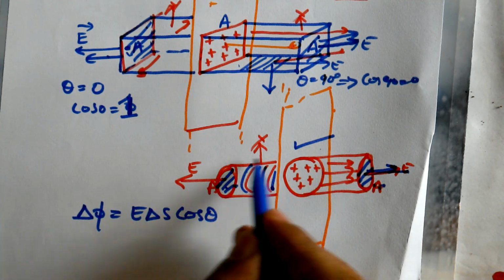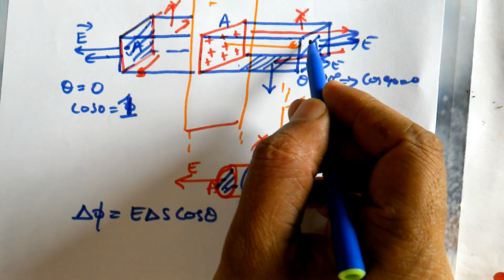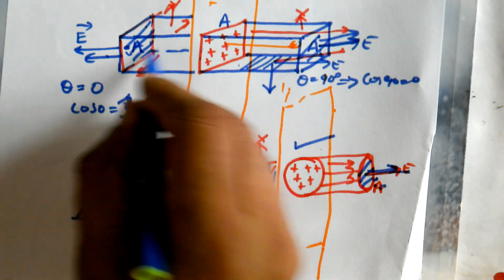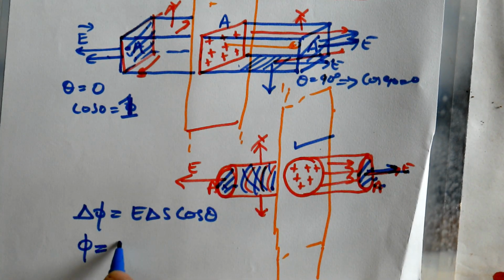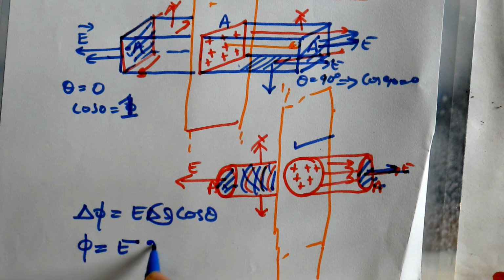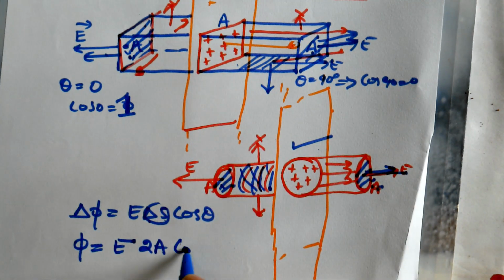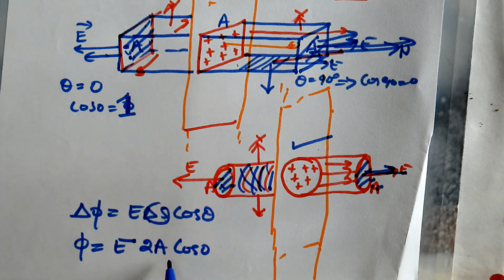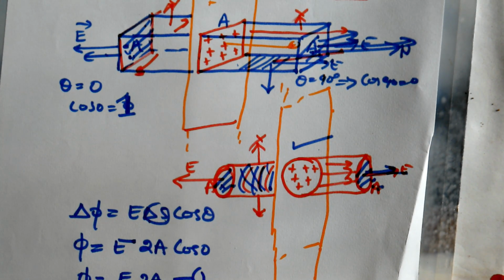So the flux through the whole Gaussian surface, like a rectangular box here, you need not consider flux through this curved surface. Only end faces are enough. There are two end faces. So flux through the entire Gaussian surface is E times area 2A, because delta S, cos 0. For this one it is cos 0. Normal to the surface and electric field are in the same direction. Now what is this flux? Flux is equal to E into 2A, that is equation 1.